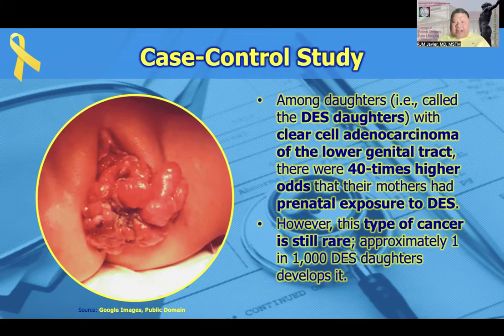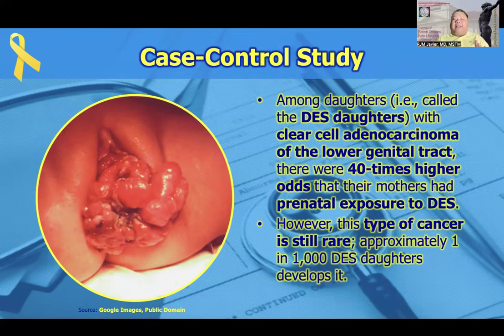Now, because of the study, they were also able to determine that, for example, for the women who used DES, years later, even their daughters, which the epidemiologists referred to as the DES daughters, also had a higher risk of developing clear cell adenocarcinoma, even if they were no longer taking the DES. And the exposure started from their mother's previous use of the DES.